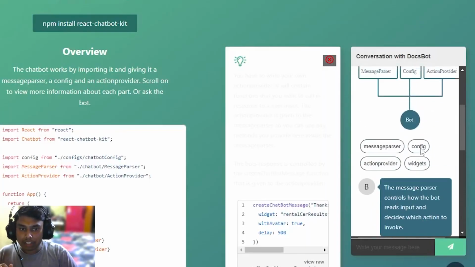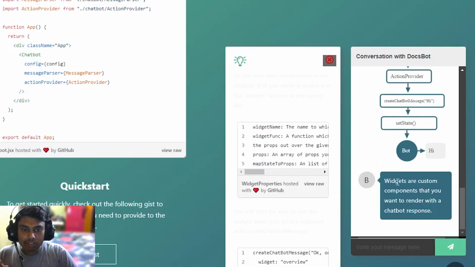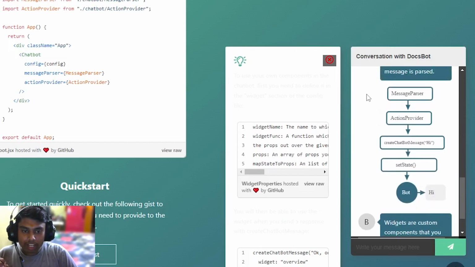Next, config. Config is a file where we can customize the chatbot. Here we can see the chatbot name is docsbot, so we can rename this bot name. Next we can see that widgets are custom components that you want to render with the chatbot. Here it shows the hierarchy: message parser, then action provider, then create chatbot kit hi, and then set state.